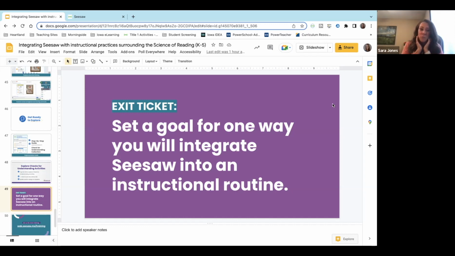Some kids are super uncomfortable with reading aloud. Sorry, my dog thinks he needs attention. And it takes them a couple weeks before they're comfortable enough to read to the device. But once you add the stickers and that kind of stuff and get them to enjoy it and see the other kids doing it and commenting on each other, I didn't have one kid refuse to do it by mid-year. So